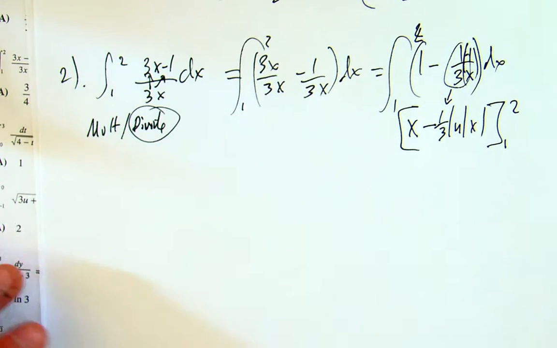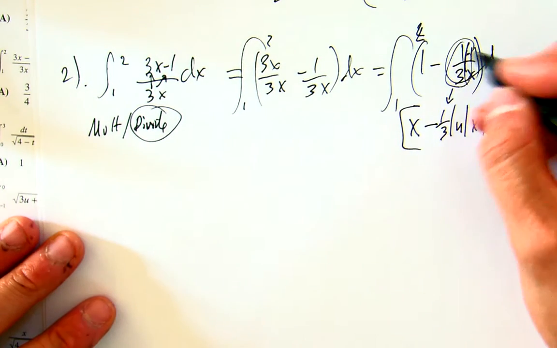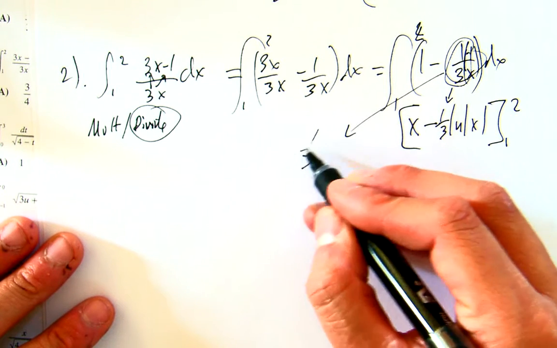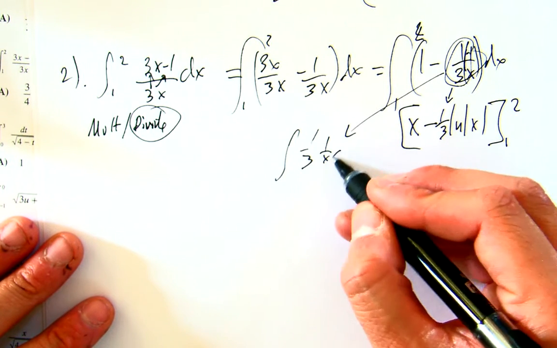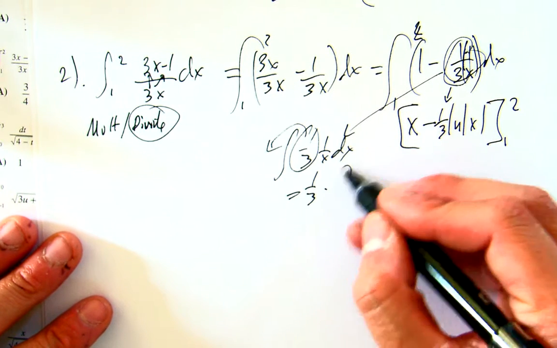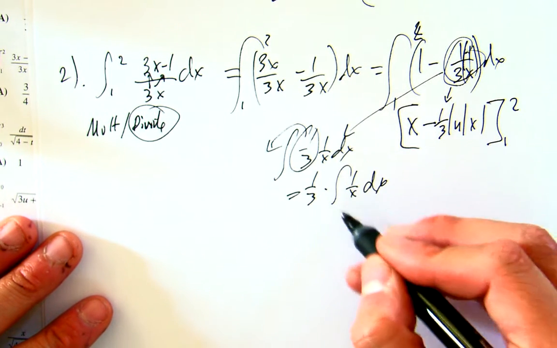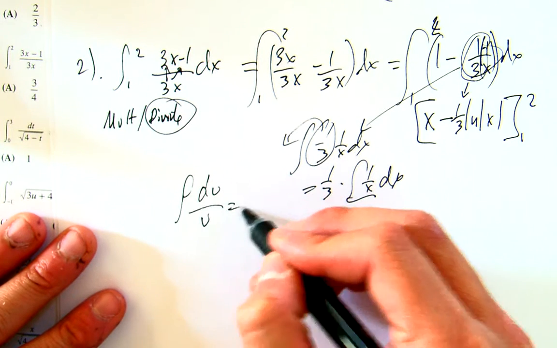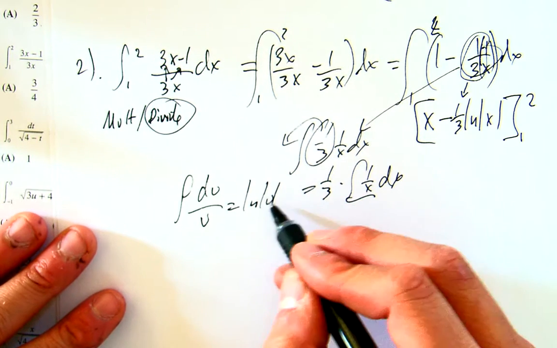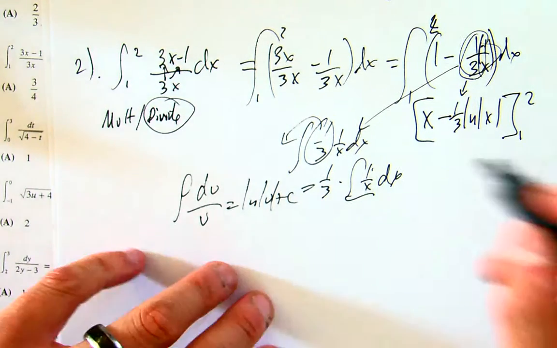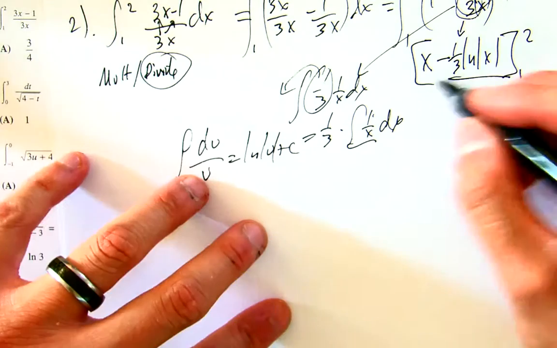By the way, if you want a precursor or a breakdown of this one, the 1/3 goes out, so it was 1/3 times the integral from 1 to this dx. So this one, if you look in your book, the integral of du over u is ln absolute value of u plus c, and this is the same thing as dx over x, right? So anyways, the point is you get this one, and now you plug it